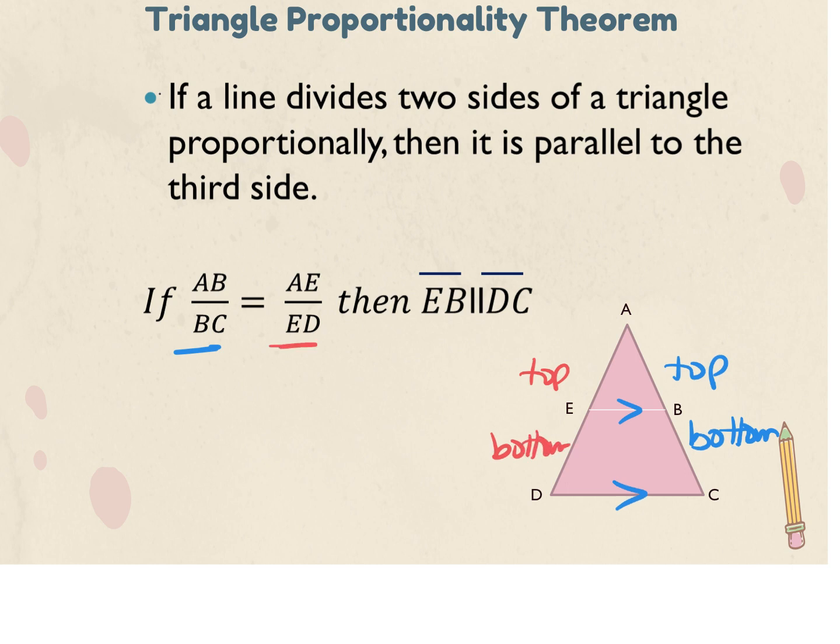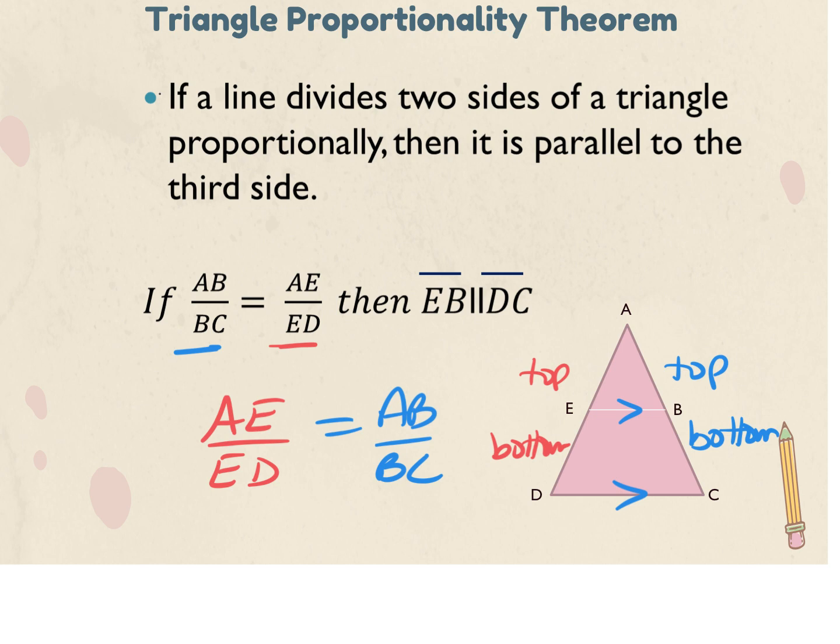Again, if you would have rather written the AE over ED first, and then the AB over BC, it doesn't matter the order that you put the ratios into the proportion. Let's go ahead and try and